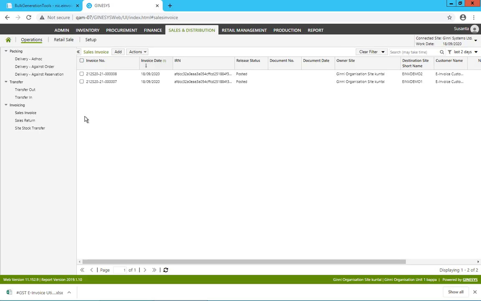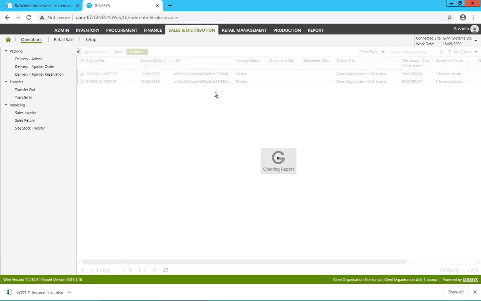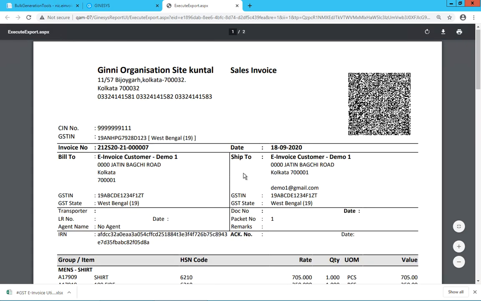We are in the invoice list view. Select the documents required to be printed. Then select the layout. So this is the default document report of the sales invoice where you can see the QR code getting printed against the QR code which we specified while updating the IRN details, and the IRN details are also printed here. Acknowledgement number and date will also get printed in case you have provided that while importing the Excel or while updating the IRN details. Just a couple of points to be mentioned here.